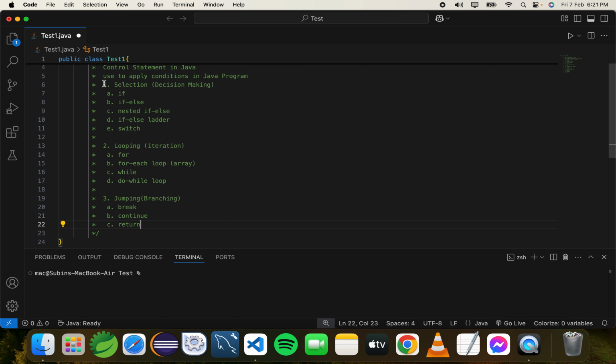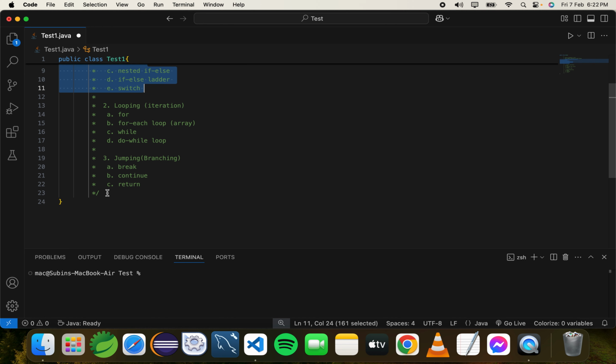So for part one I'm gonna talk about just selection, which is decision making: if else, nested if else, ladder, and switch. Then second part we're gonna talk about looping: for loop, for each loop, which is used mostly in array, and while loop, do while loop. And the third part we're gonna talk about jumping or branching: break, continue, and return. Okay, so let's start with the